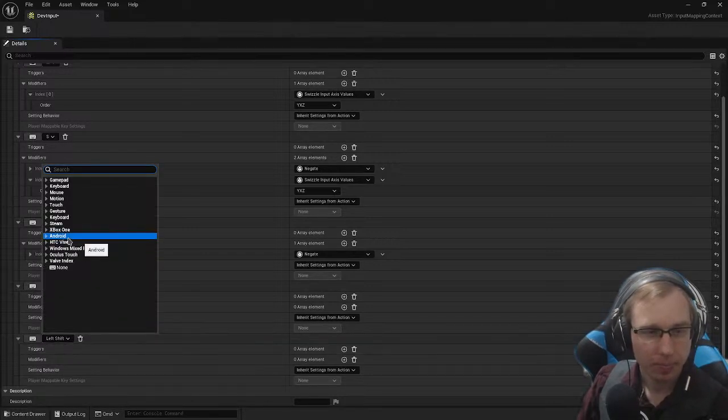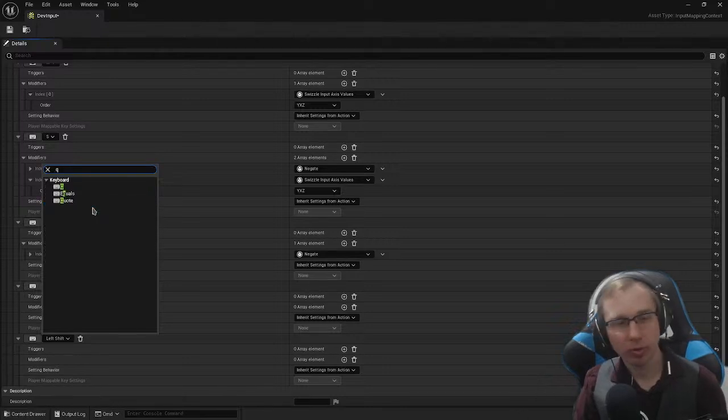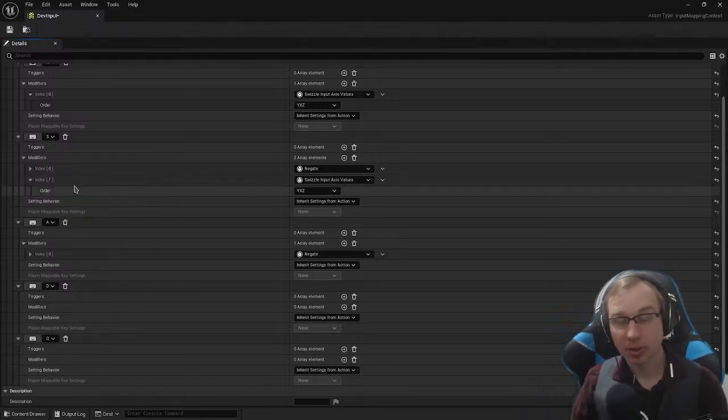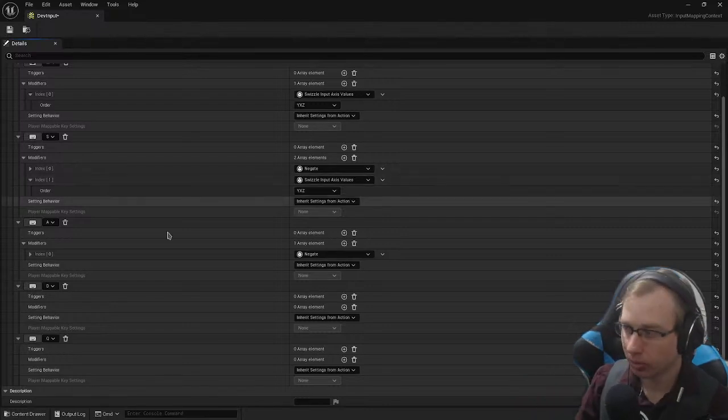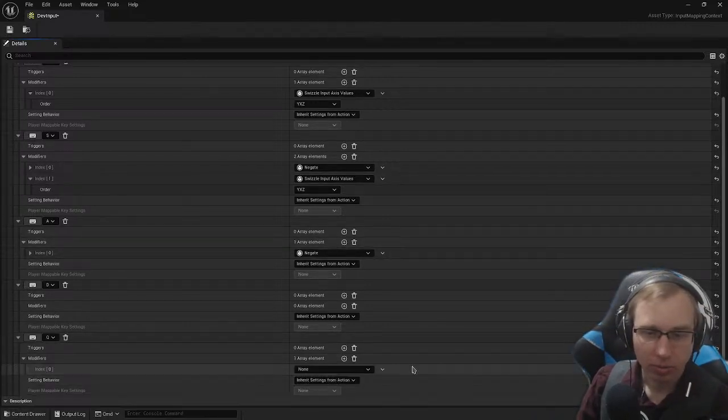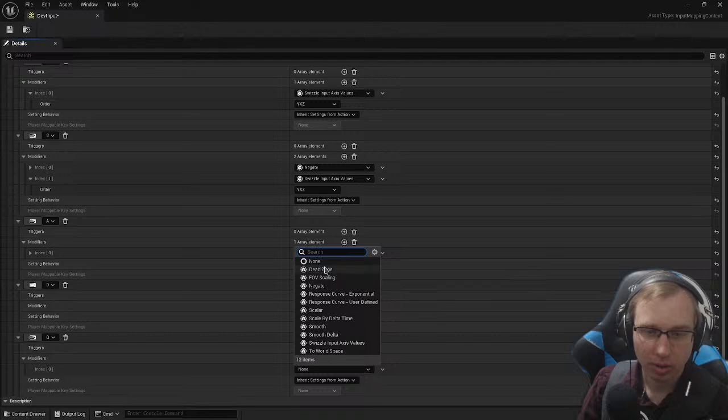Nope. That's a rotation on my preferred key mappings. My preferred key mappings is to put the up and down on the hat on the joystick, but I don't have a joystick plugged in right now. So we're going to go ahead and